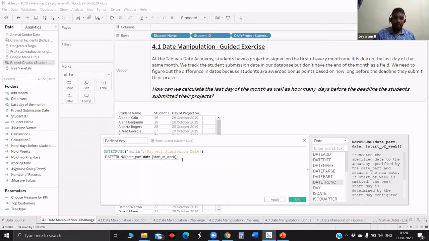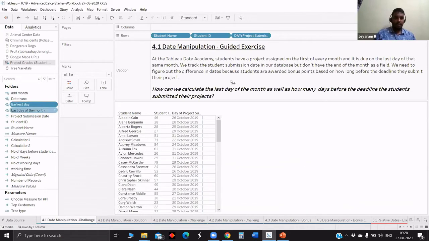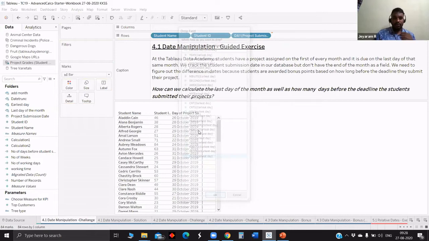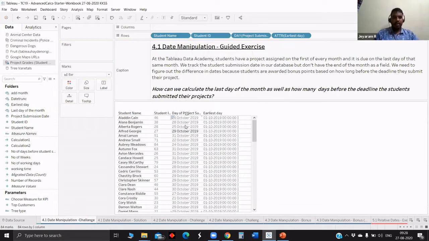That's the date field here. And there is no need for specifying the start of week or anything. So earliest day. Now we can see that for 26 October, 28 October, everything, the earliest day is 1st October. Now we will add 1 month to the earliest day. I'll tell you why we have to do that.